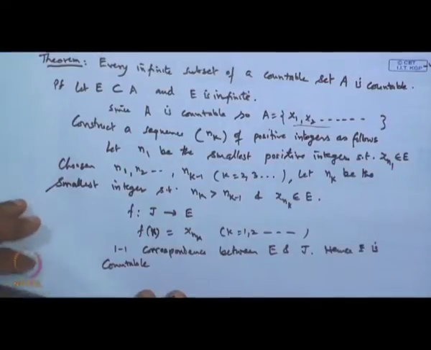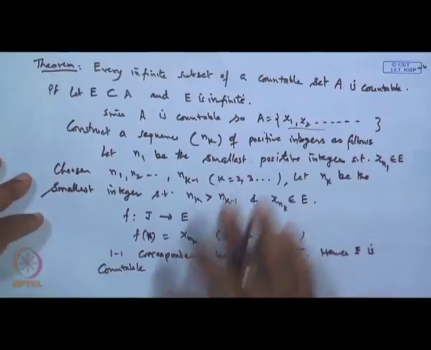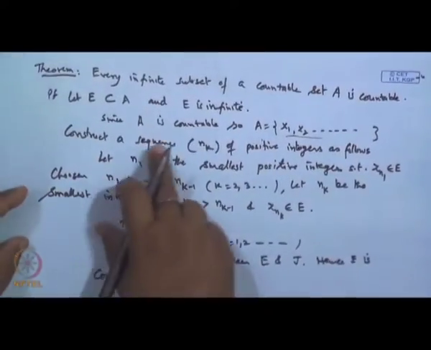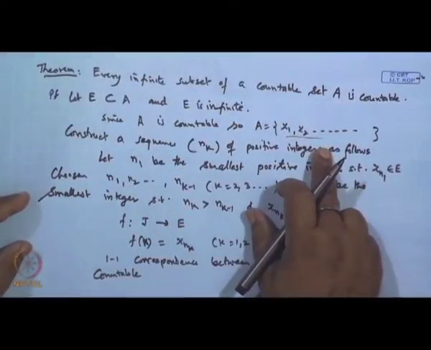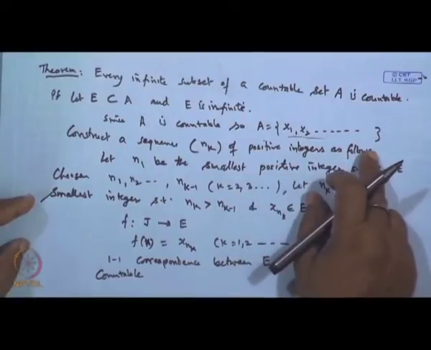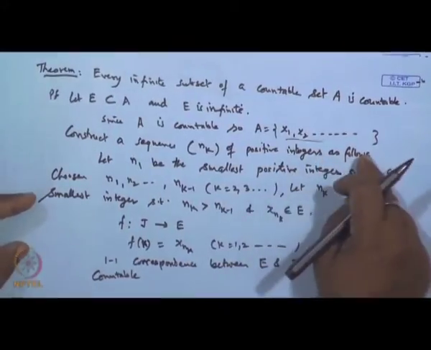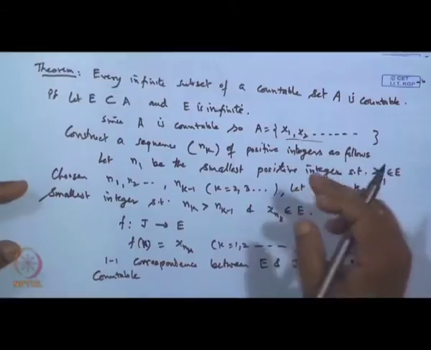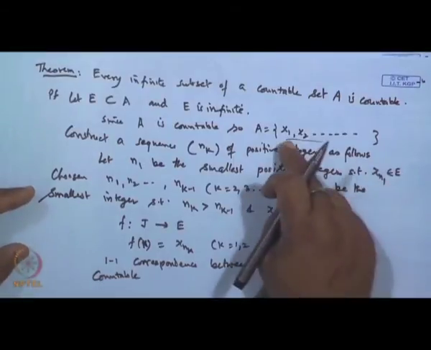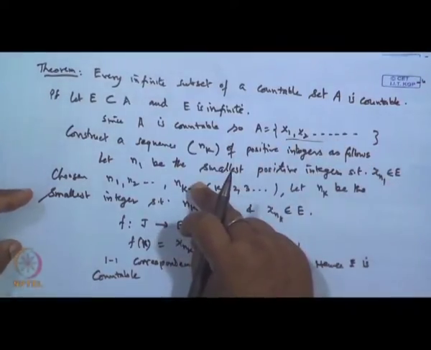Okay. Clear? Is it okay? Now, here as we have seen, if A is countable, we can put it in the form of a sequence x1, x2, x_n; all the elements we can arrange in the form of the sequence. If I generalize it, because 1 to n is basically the set of positive integers, instead of this we can take a collection or family of sets also. So, we define like this,